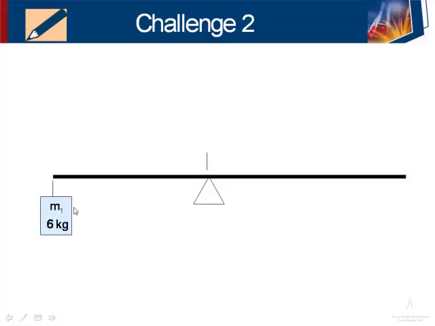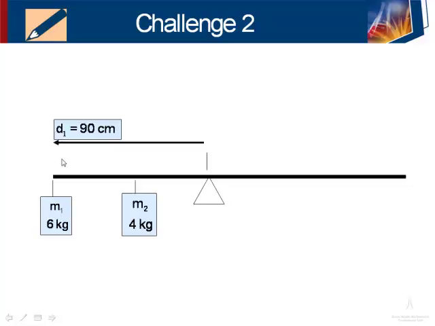We're now going to look at challenge number 2. We're going to consider a lever system with a mass of 6 kilograms on this side and a mass of 4 kilograms on this side. Remember, this would be moving in an anti-clockwise direction. If the distance of this mass is 90 centimeters from the fulcrum and the distance of this mass is 60 centimeters from this fulcrum,